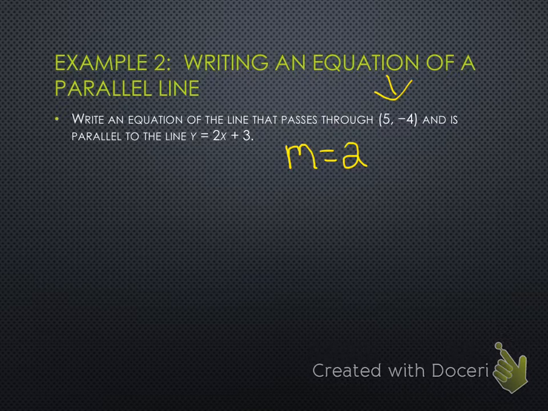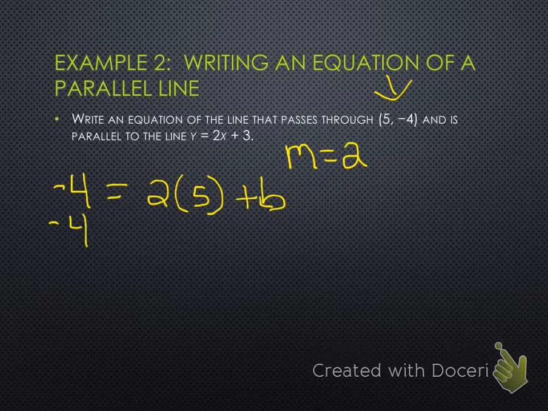So if I used -4 for y, my slope is 2, and use 5 for my x, I can find out what my b is going to be. So I've got -4 equals 10 plus b,